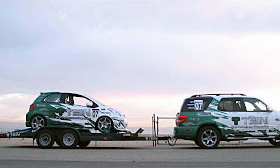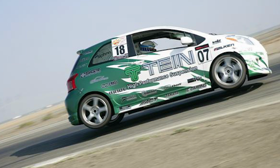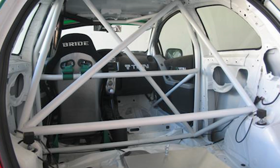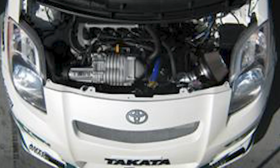Back in the late 2000s, the suspension company TEAMMOMO brought a 2007 Yaris just like this one to Super Lap Battle. They had a LSD similar to mine, they had a full roll cage, they had a professional driver, they had the late 2000s equivalent of these tires. They also had a supercharger,